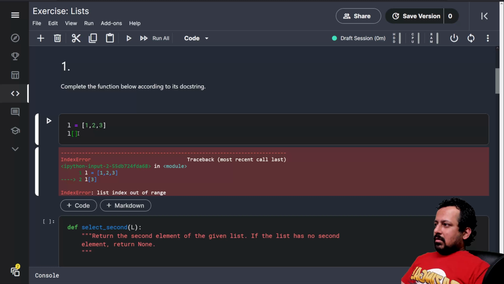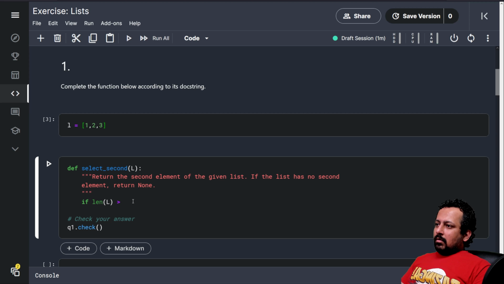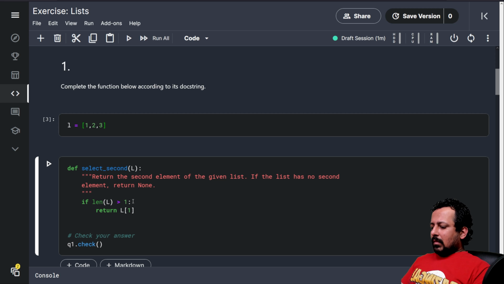So what we have to do here is, we have a list L, and if the length of L is more than 1, if I have more than 1 element in the list, then return L[1]. Okay, that's the second element. Else